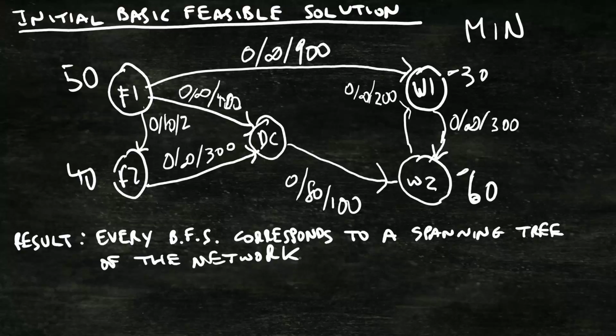So now we know that a spanning tree is therefore a connected, undirected graph without a loop. So what we have to figure out is that the initial basic feasible solution will have to be a spanning tree